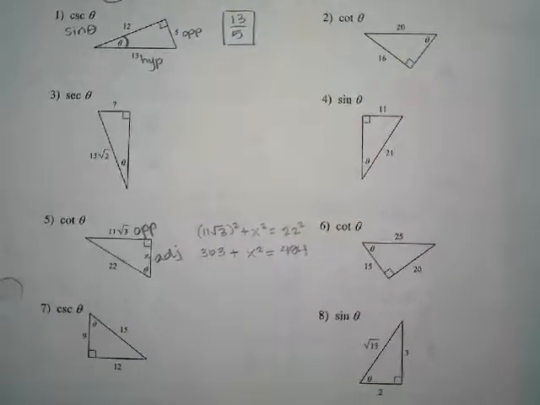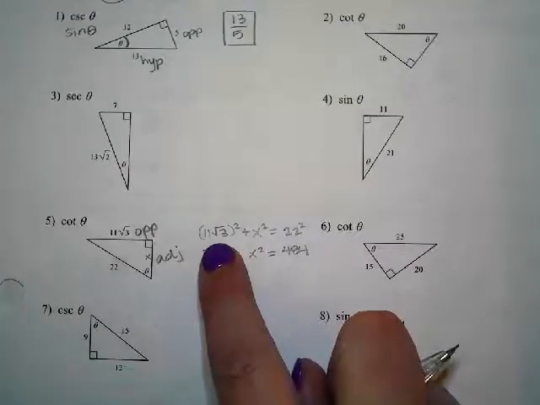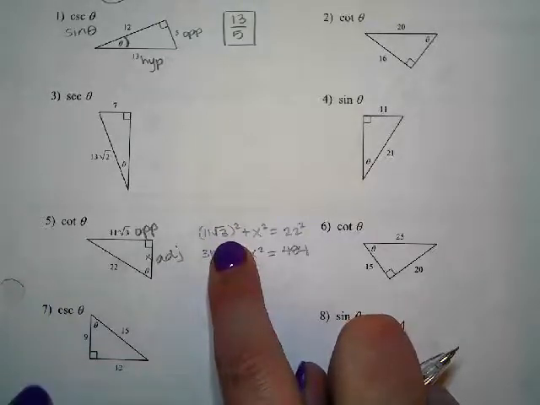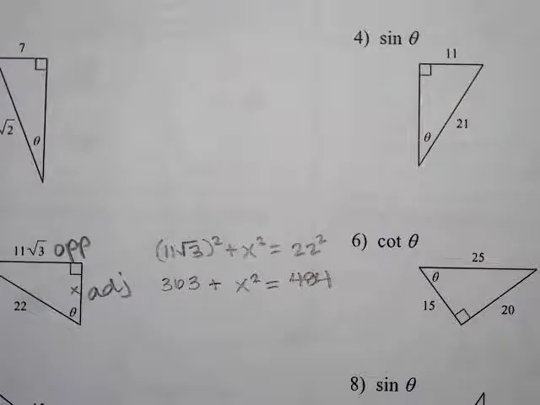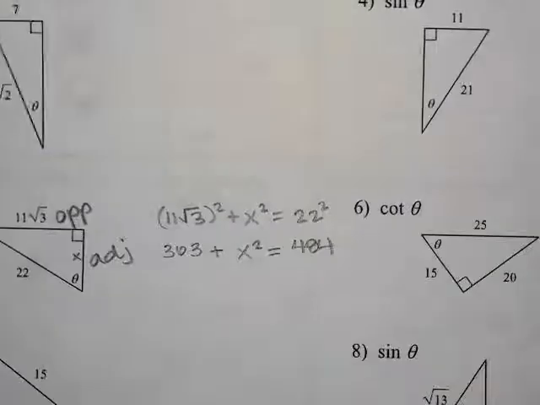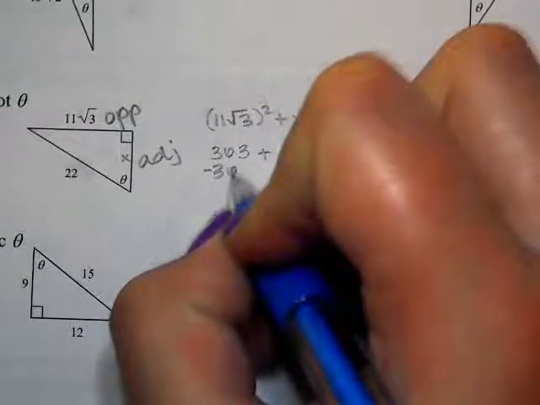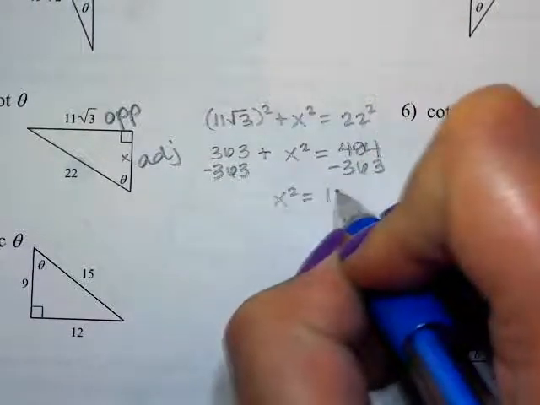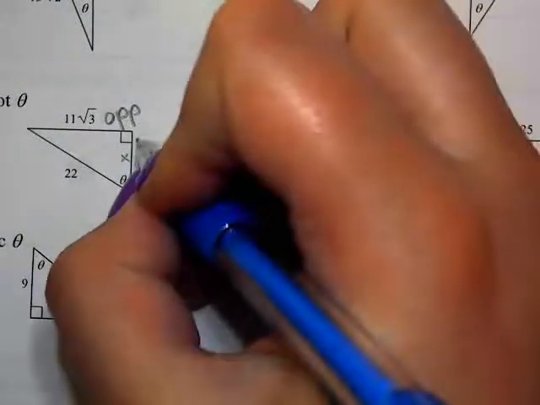And everyone's good with 11 root 3 squared, typing that in your calculator. We can all do that. No intimidation there. So x squared is 121, and so what does that give us for x? 11. Okay, so if we write this and we go back and do the problem where we're doing cotangent, so